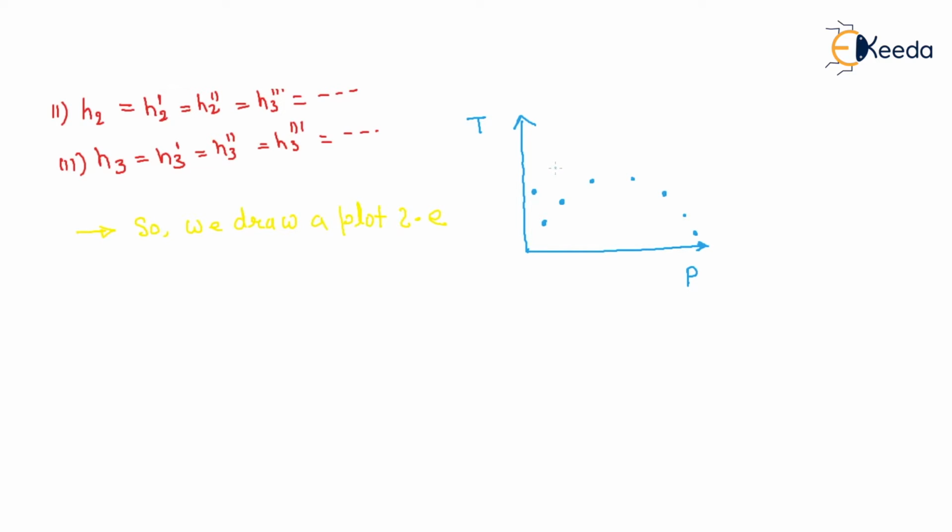So at exit, you have a different locus. Again, you have an inlet at a different P1 and T1, so again it has a different locus. Again you have a different locus. So if you join all these curves,